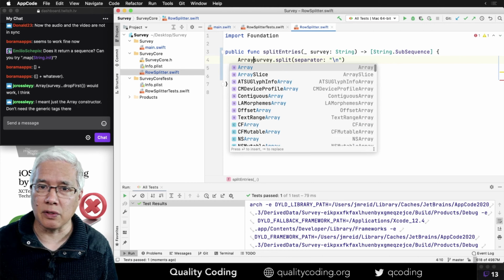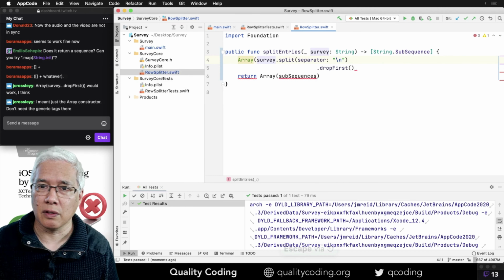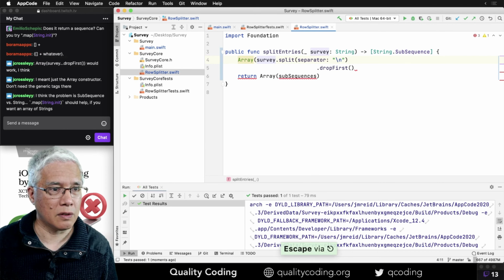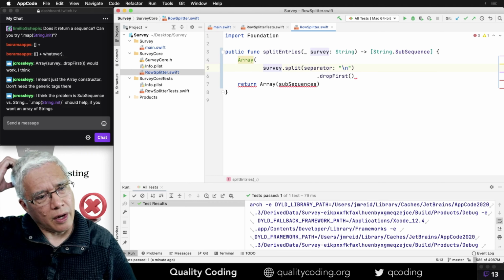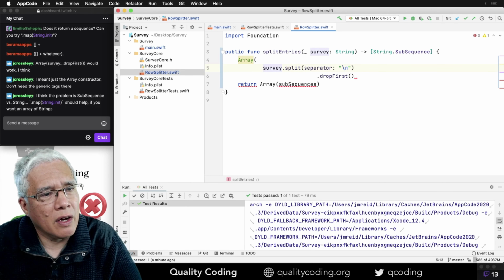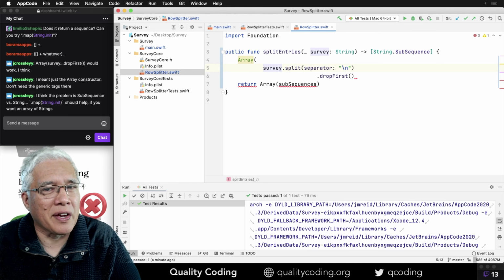Let's just do this. Yeah, I think for now, I'm okay with a string of subsequences. We'll see later if that causes problems.